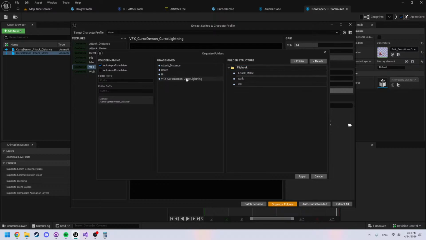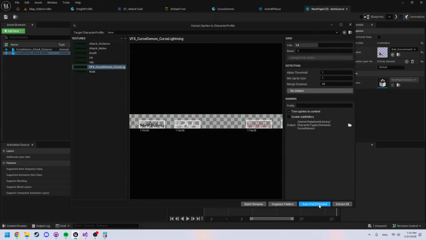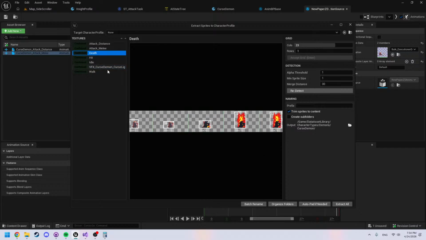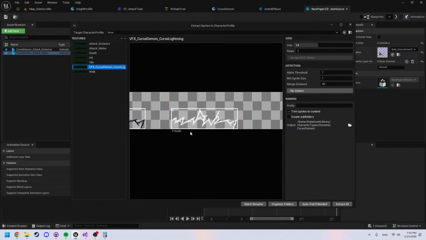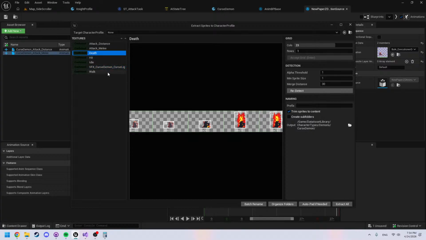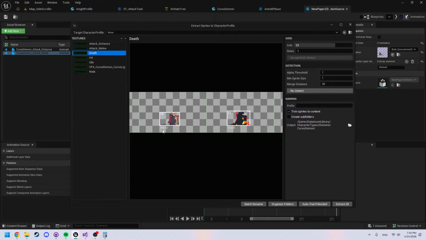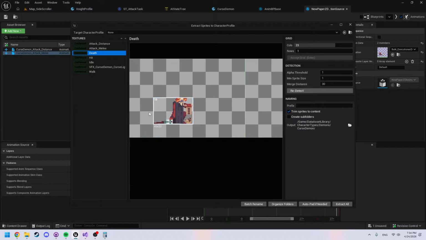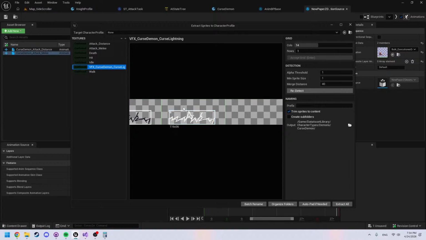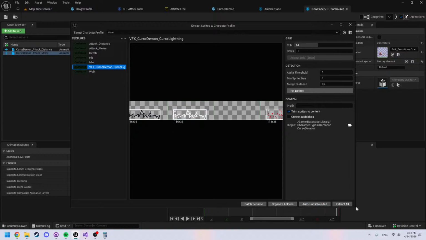You can organize different movement sets, combat sets, all of that jazz. Apply it, and then auto pad if needed. So that will increase the padding. A good example would be this one, since this doesn't have the lower padding that the rest would have. So this has, we can see under the character there's padding. It would add padding directly below this, but yeah, so we can auto pad it, and then we can extract